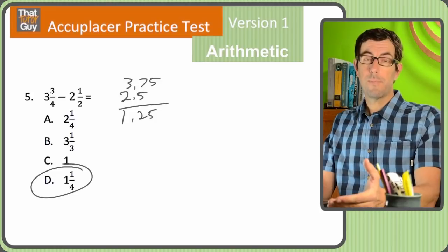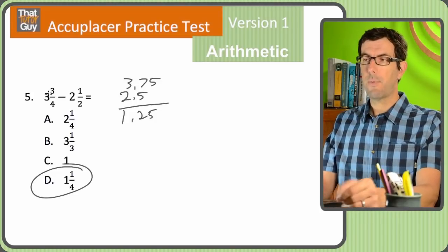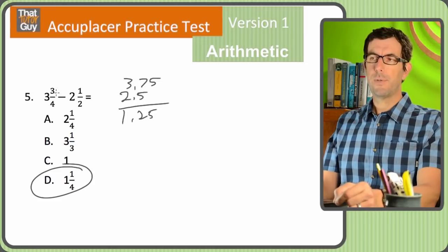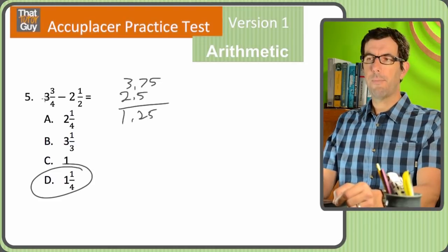So each problem, if you can figure out any way to do it, you should do it that way. 3 3/4. The way you convert a mixed number to a fraction is you multiply the big number times the denominator, so that's 12. So the 3 represents 12/4, plus we got an additional 3/4. So that's 15/4